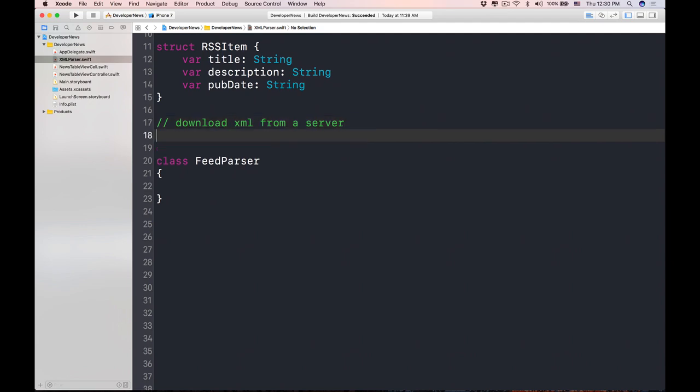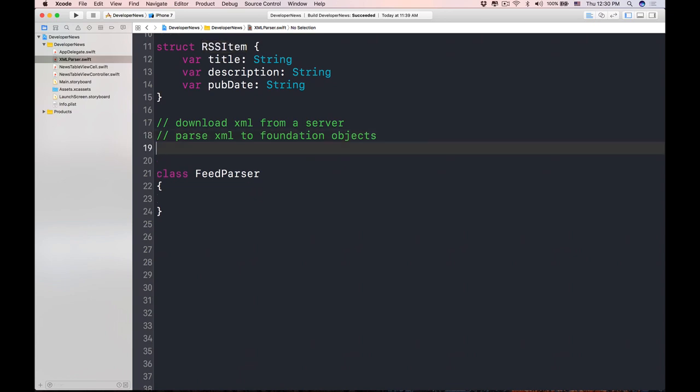Then what we do next is we'll parse the XML to a Foundation object, which is our RSSItem over here. We have the title, description, and publication date. And very important, we will call back. The caller will provide a closure so that whoever uses this FeedParser, which is a controller,